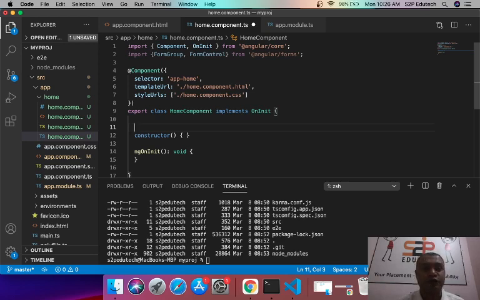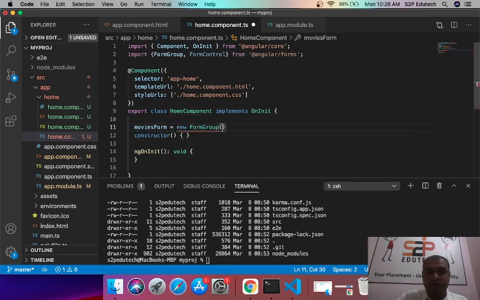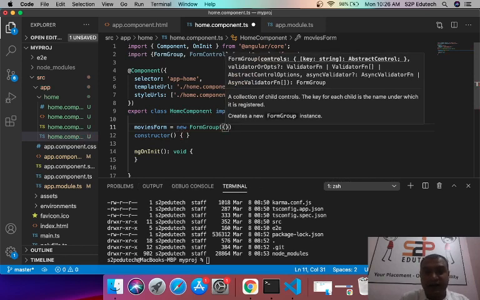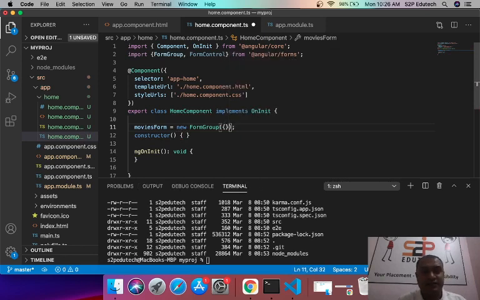How I am going to do that is, I'll create a data member, I'll call it moviesForm, equals new FormGroup, right? What I am doing here is simply creating a data member whose name is moviesForm, right? You can give any name that you want to this. And this moviesForm is an object of type FormGroup, right?